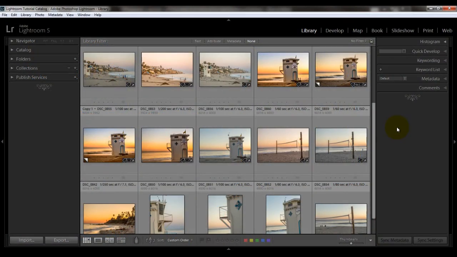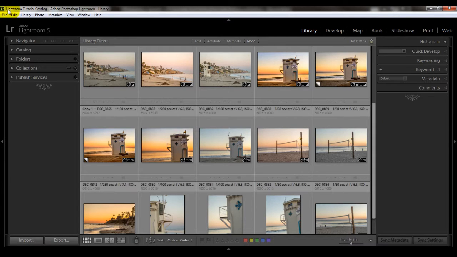The first thing you can do is adjust the camera raw cache. When Lightroom reads new data, it adds it to the camera raw cache so that when you load that image again in the develop module, it will load the cache data rather than reprocessing it, so it should load faster. The default is only 1 gigabyte, which sounds like a lot, but it can fill up quickly if you're processing